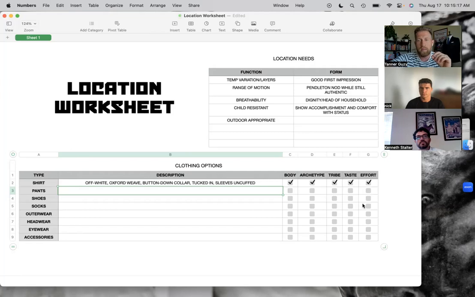I also think that if we're wanting to go with this kind of dignity, head of households, showing some accomplishment and comfort with status, that being able to wear a suit, but a more casual version of a suit, will help communicate that. And the only reason that I'm hesitant about going with a jacket and odd trouser combo is because, one, it feels like that jumps a little bit lower on the formality spectrum than what we want. And two, that would be a little bit more appropriate if we were in an environment that was